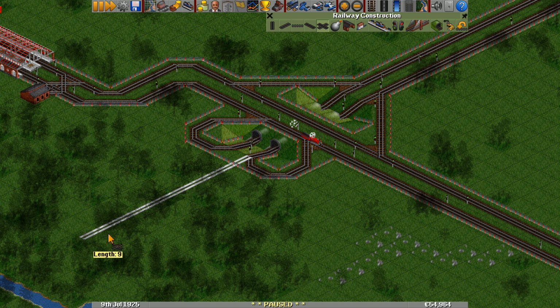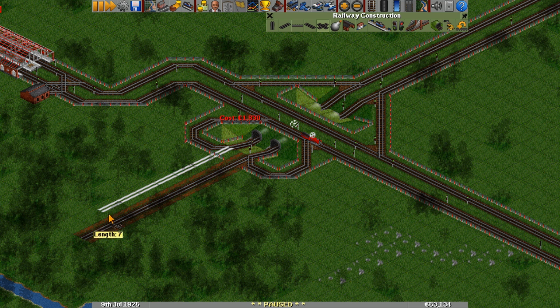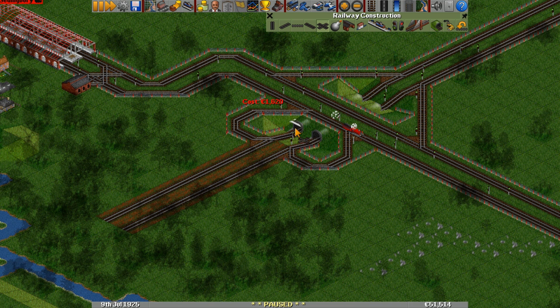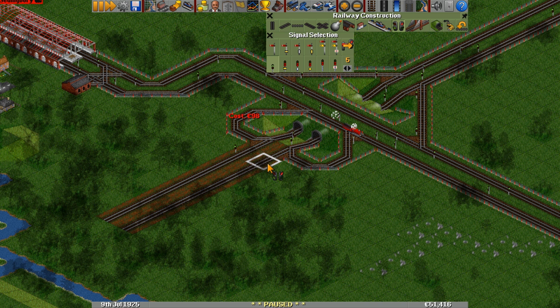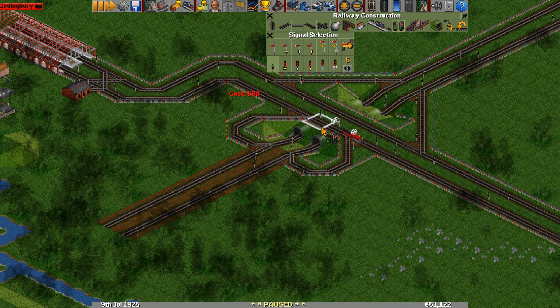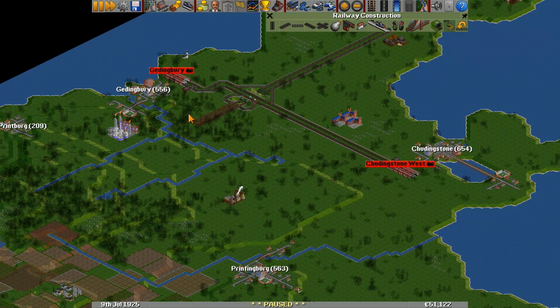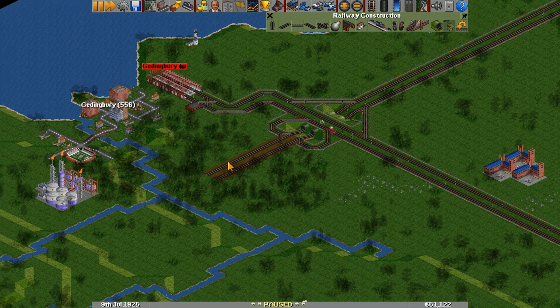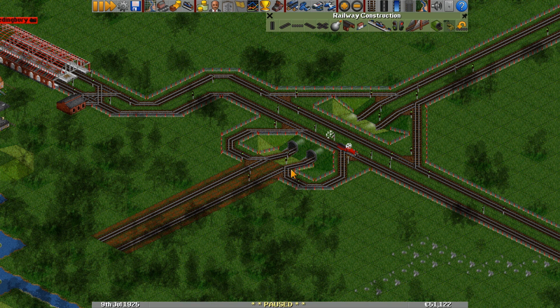Similar principles apply. These trains want to go straight, so they're going to go straight through here. So let's get the signaling set up for this. This is more on the fly, because I haven't actually done four-way signaling before in any great detail. Okay, so let's say we have a train coming from Printburg and it's going to Geddingbury. It's going to come in through here, and it can't actually get